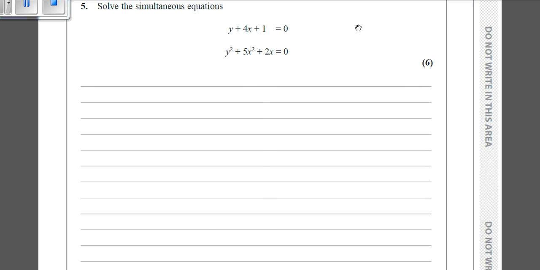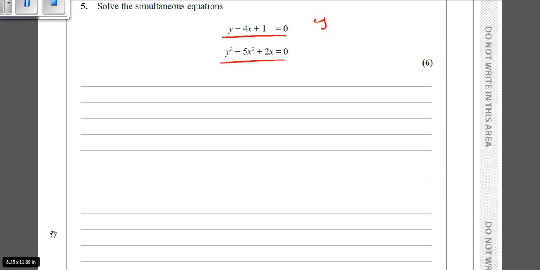And the next topic on the 2016 paper is simultaneous equations. Now this only appears on two of the last three years, so we're only going to have a look at two of these questions. But with simultaneous equations, what we need to do, if we've got a linear function and a quadratic function here,